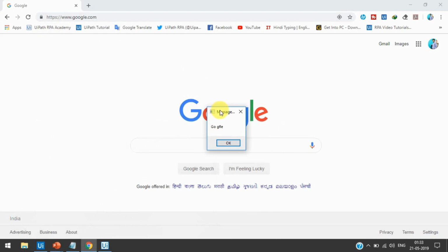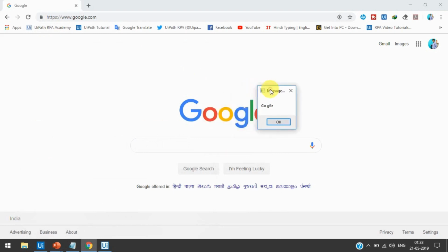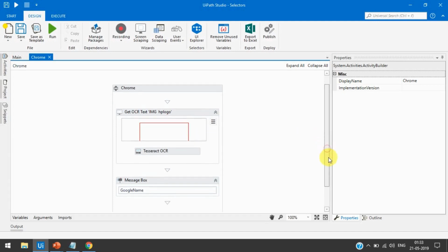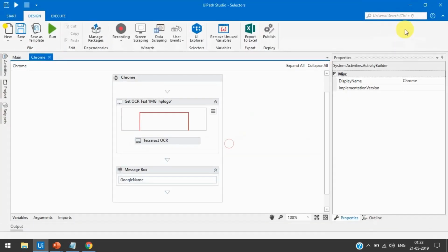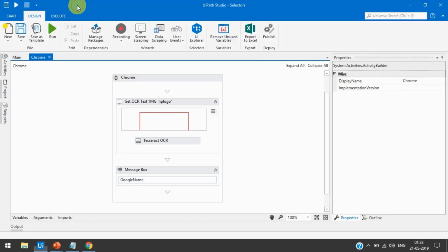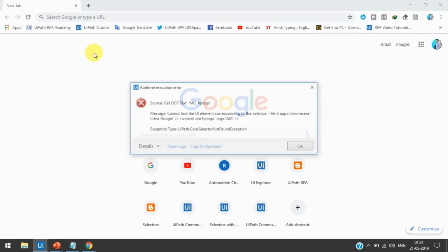So we have taken the Get OCR. With the use of this we have extracted this one, right? I'm not going to tell you about Get OCR here; we are just looking at the selector. Now I'm going to do one thing. I am going to close that and now run this again.